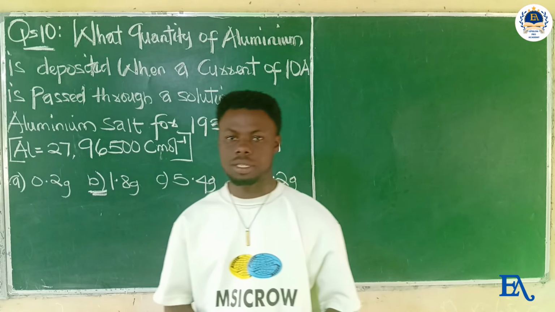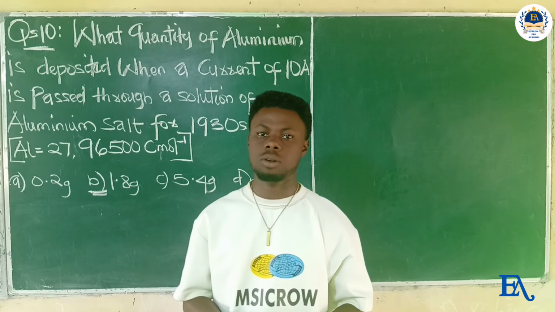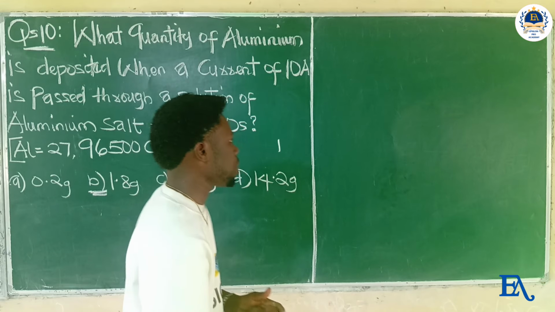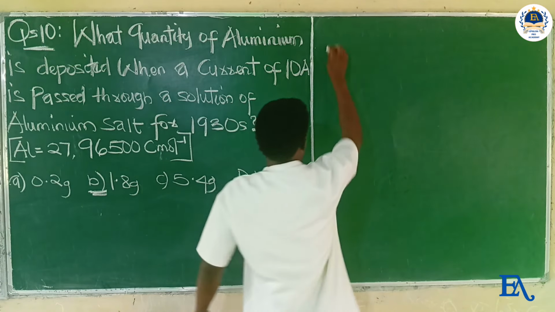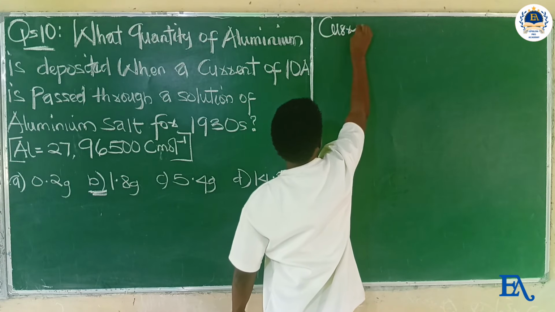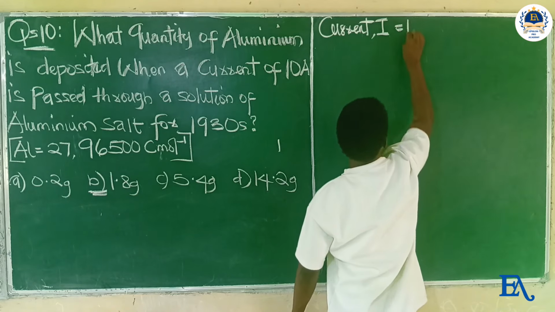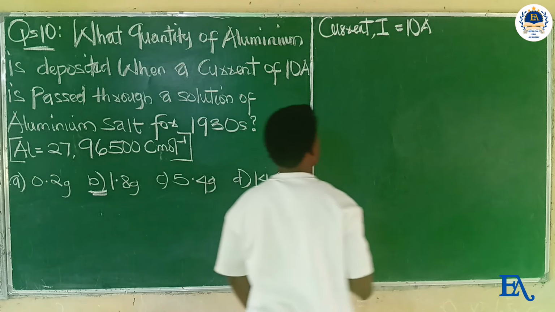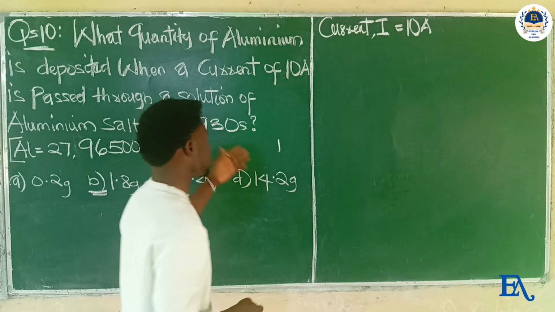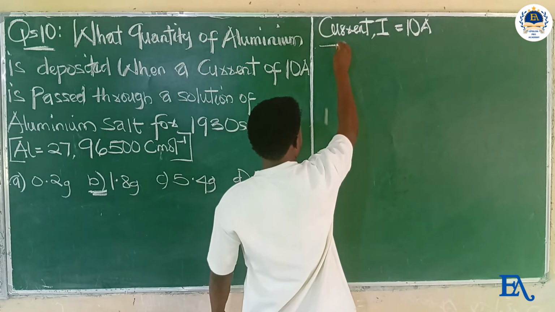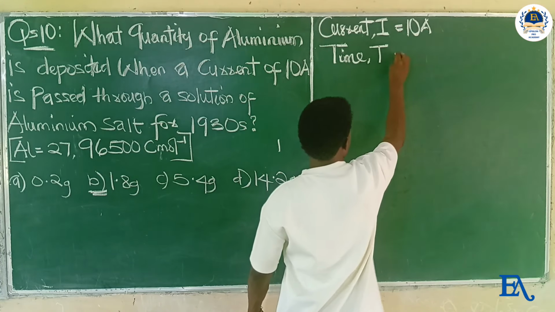So this is electrolysis in chemistry. To solve this question, we have to apply Faraday's first law and second law of electrolysis. So let's bring out the parameters given. For the question, we have the current I equal to 10 ampere, and the time t is equal to